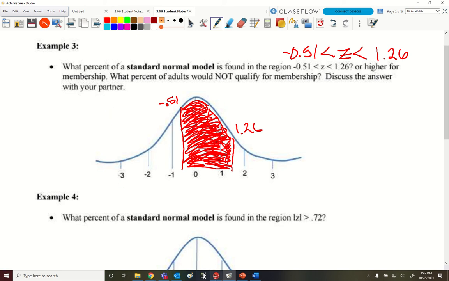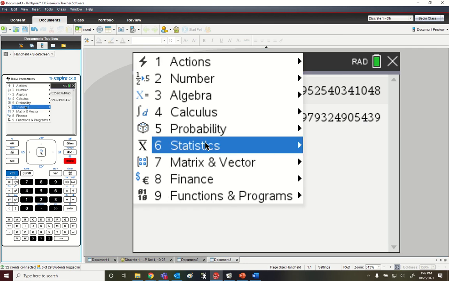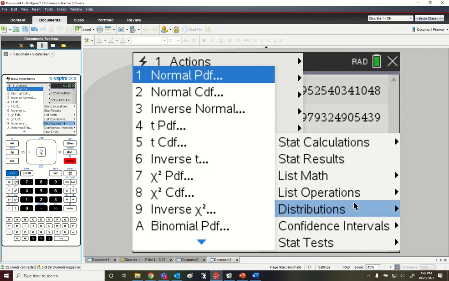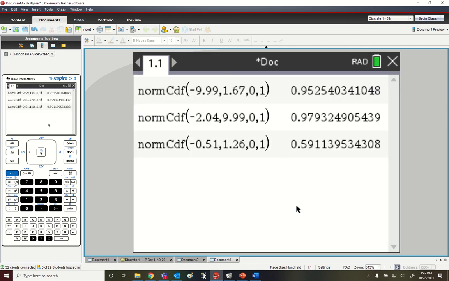All right. Yeah, go ahead. Menu, statistics, distributions, normal CDF. My lower bound we said was negative point, was it 51? Yeah. Very good. Upper bound? 1.2. Very good. Mean stays, standard deviation stays. Hit okay. So my percentage is going to be,